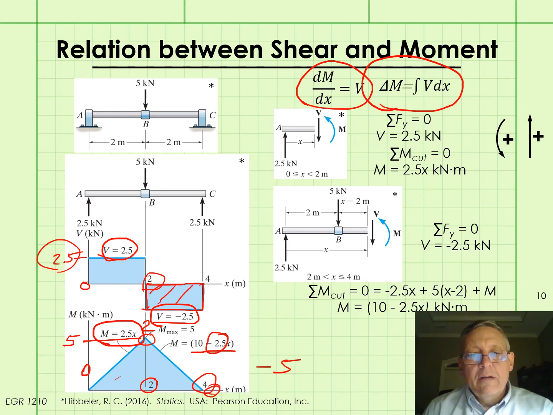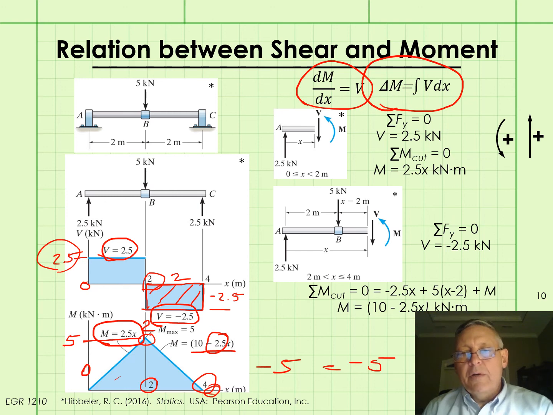and we would consider that area as negative area because it's below the x-axis. So it's negative 2.5, which is this side of the rectangle, times 2, or -5. And again, the units on those are kilonewton meters for both of them. So that checks. So again, this relation between shear and moment, we can use that to check our work, or